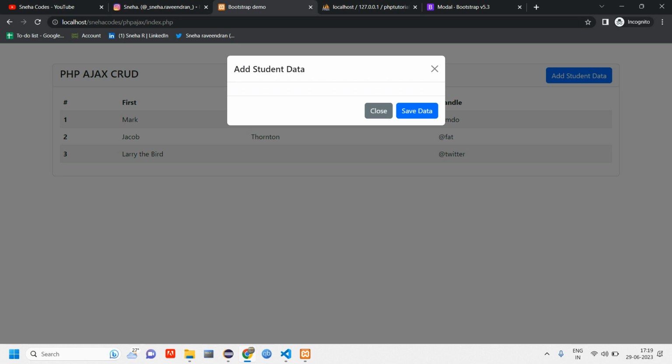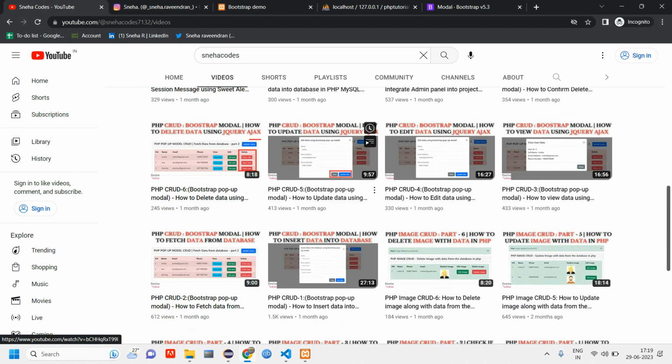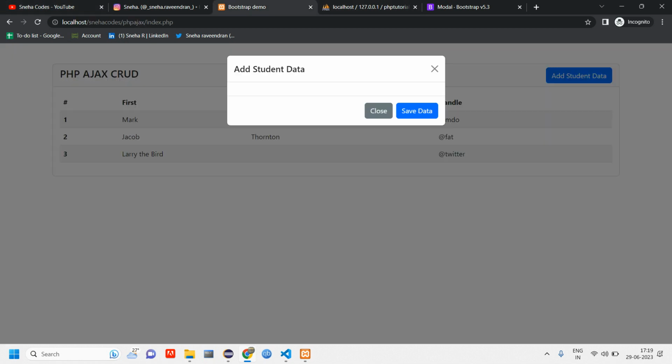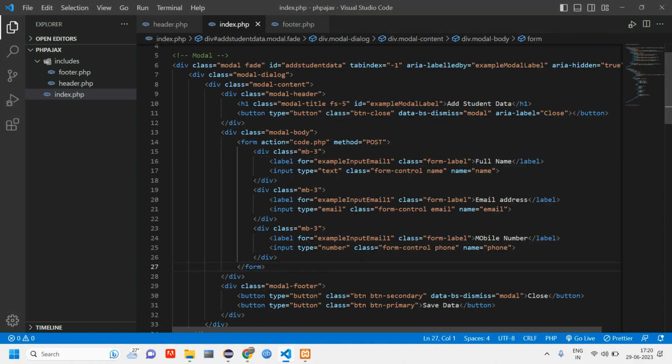But here I want the form, right? To take input from the user, we require a form. So for the form design, I'm just going to paste the existing form design which I've done for almost all the videos here. So I'm going to copy paste the form design from here. So what I'll do is I'll just see you guys after pasting. I have pasted the form design here, and the action I have told code.php, and the method is post, and